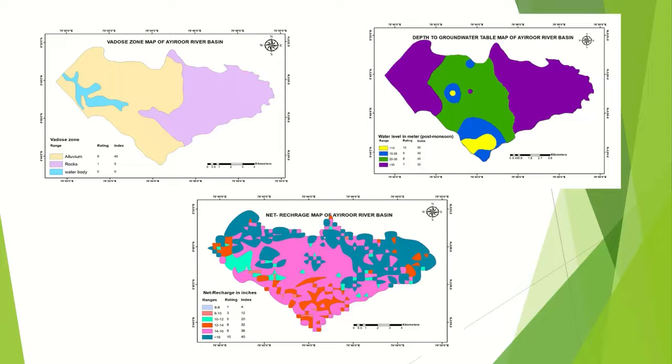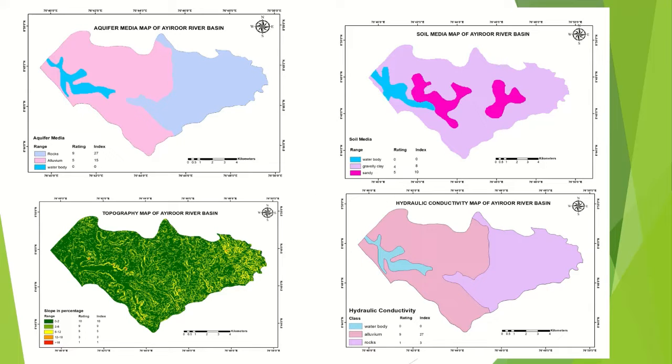The depth to water level map was prepared by using post-monsoon data, and net recharge is prepared by combining the soil map and slope map in percentage with the rainfall data by simply using weighted sum. The aquifer media map, hydraulic conductivity map and vadose zone maps are similar in features, but they differ in their rating and index values. The topographic map is here, the slope in percentage map, and